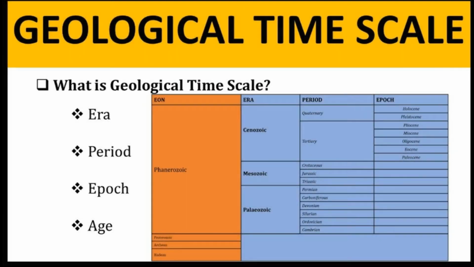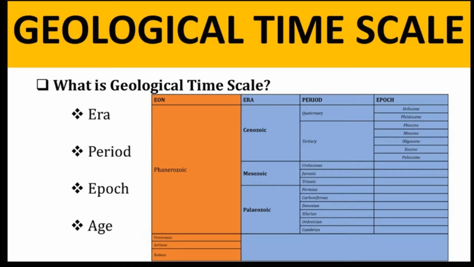The geological time scale is very important in stratigraphy, because all the major events and the diversity of life forms present in Earth's history are recorded in this time scale. The geologic time scale began when the Earth was formed. The age of the Earth is 4.6 billion years, so the time scale starts from 4.6 billion years ago up to the present, that is the Quaternary, up to the Holocene epoch.